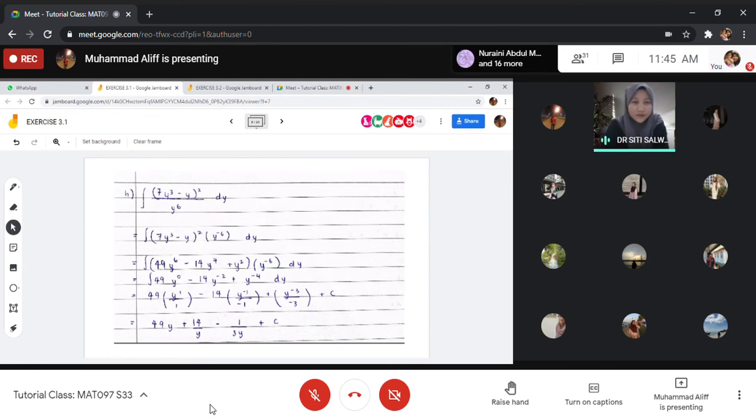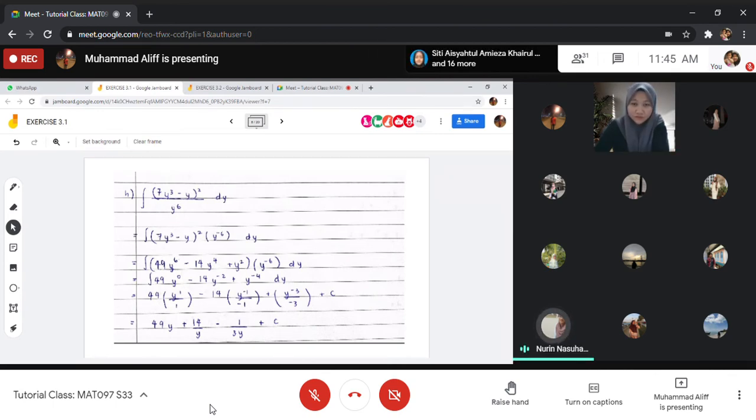Sekejap. Siapa tadi? Nurin. Ya. You tengok the second last ni, the second last line. Okay. You dapat y to the power of negative 3 over negative 3 kan? Okay, so the last part ni tinggal ni y cube. Actually dia y over 3 y cube kan? Ya. Okay. Okay, so the rest,